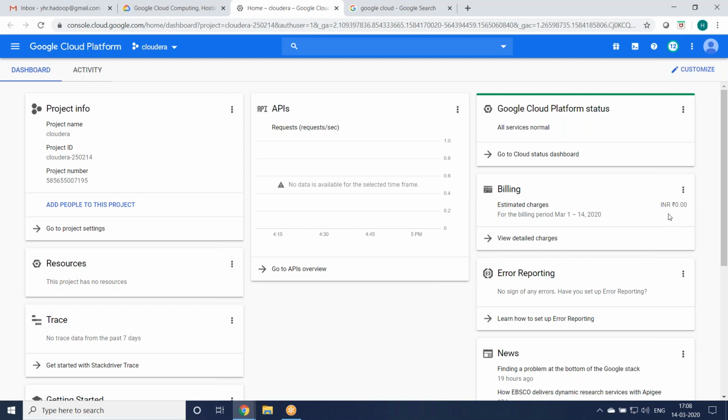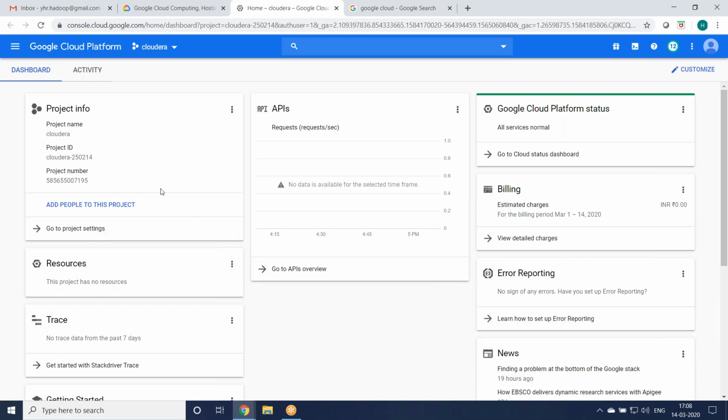But generally the companies who are using Google Cloud will not stop the machines, because they pay the amount. Instead of separate machines, they are maintaining their own environment. So they are using Google Cloud or AWS or Azure, anything. This is also one of the cloud environments.